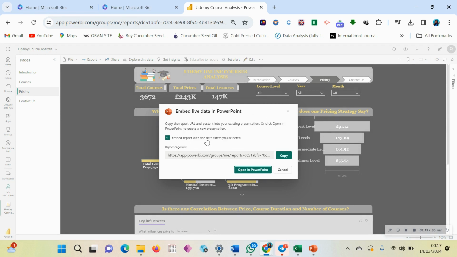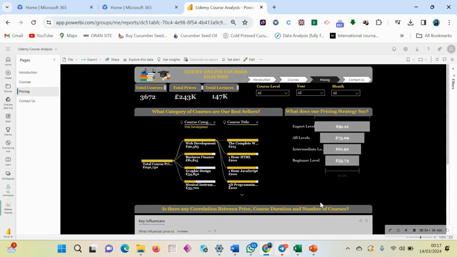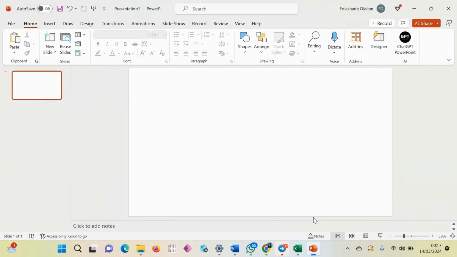Okay, so once you click on that, it will come up with this page, and then you click here to copy the link for us to be able to embed in PowerPoint. So once I copy, this is copied now. I'll close this, and then you open a blank PowerPoint